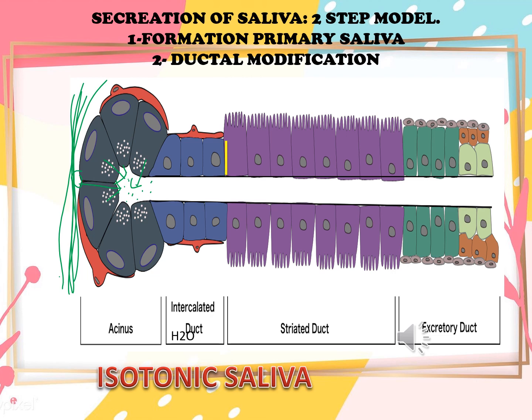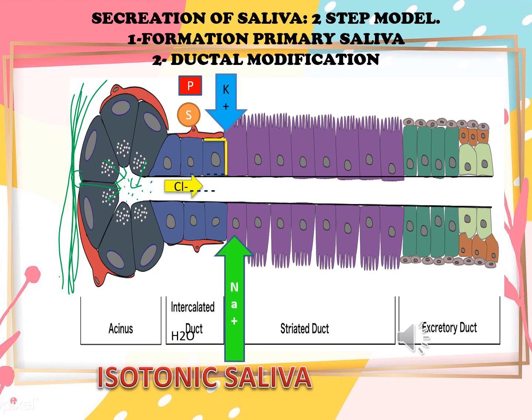Now, here starts the ductal modification, that is the second stage. All the events taking place in the ductal modification will take place in the basolateral side of the ductal cells. Now, what happens is parasympathetic and sympathetic neurotransmitters will activate these cells, because of which there will be entry of chloride from the lumen into the ductal lumen, and there will be entry of potassium also. Now, chloride is a negative ion, so there will be an increase in negative charge. In order to balance this, sodium will also be called,